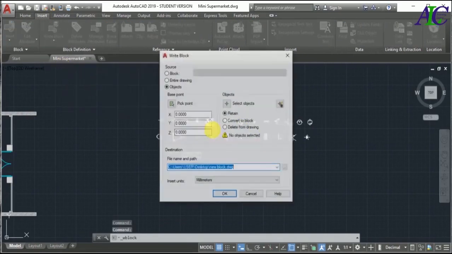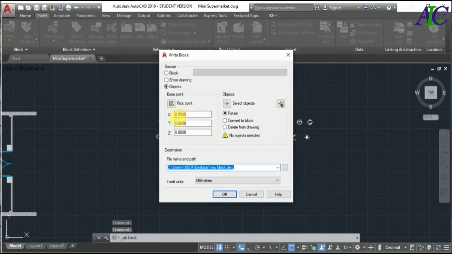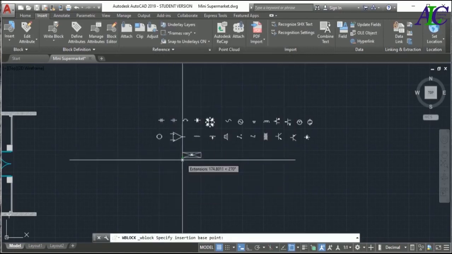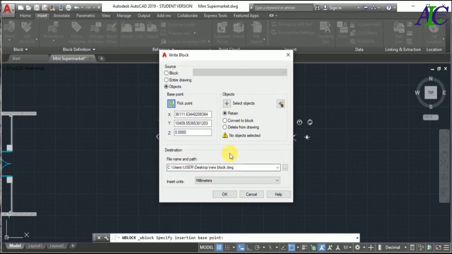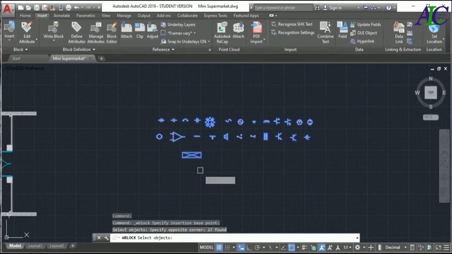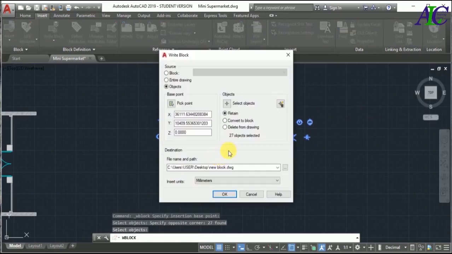Okay, and from here click pick point, and then select anywhere you want, and then select objects and select all of this symbol. Okay, and enter, and then save your library where you want. So I'm going to